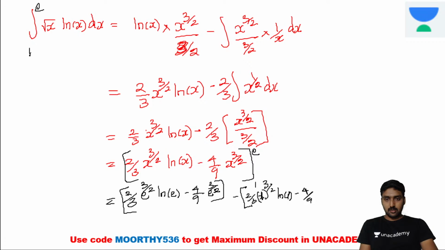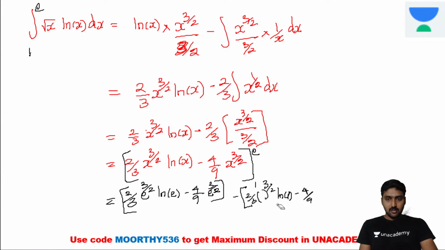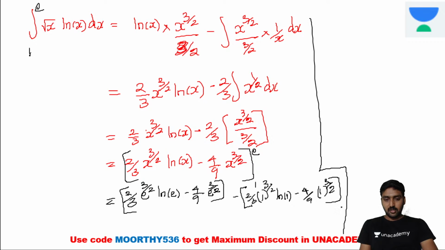Exponential, we need to use exponential power 3 divided by 2, right? Fine, it's 1 only. Instead of x, we are replacing. Logarithmic of 1 is equal to 0. Okay. 1 power 3 divided by 2, it's logarithmic of 1 minus 4 divided by 9 into 1 power 3 divided by 2 while applying it. And what will be the value we are getting? So coming to this part, now finally